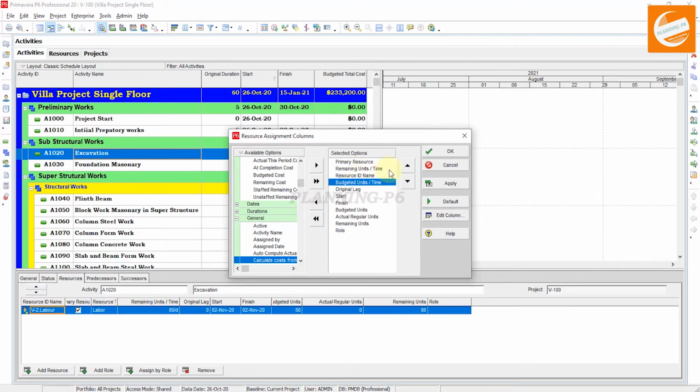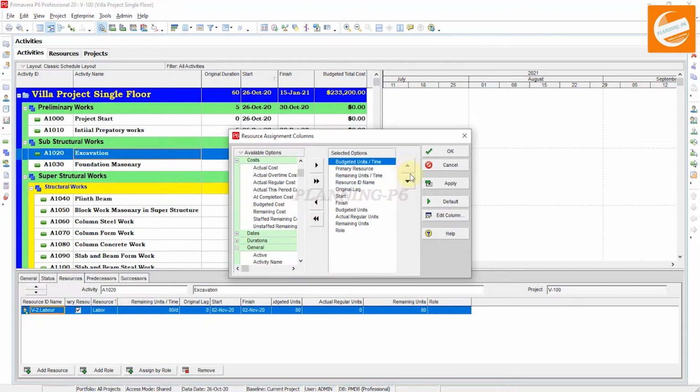We need this one too after the resource ID name. First of all, resource ID name, then budget units. We move this row to the top. Resource ID name, budget units per time, then budget units, move it under the time, and then default units per time.